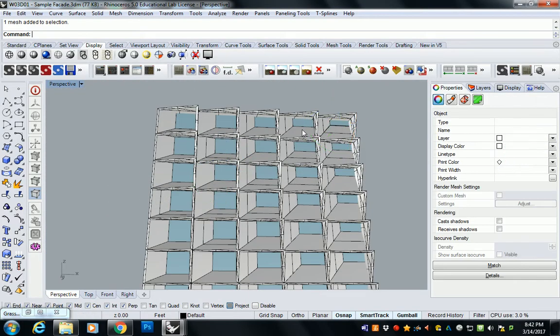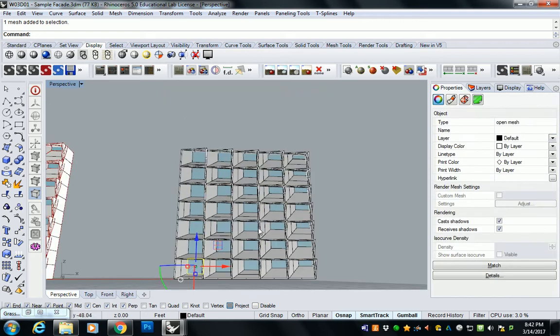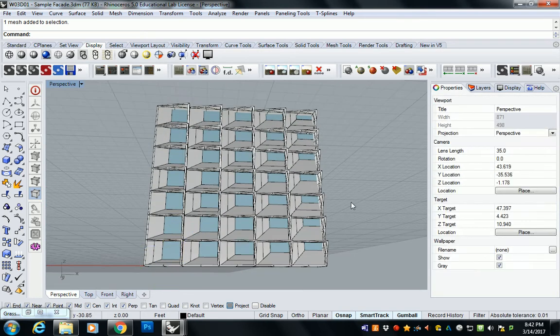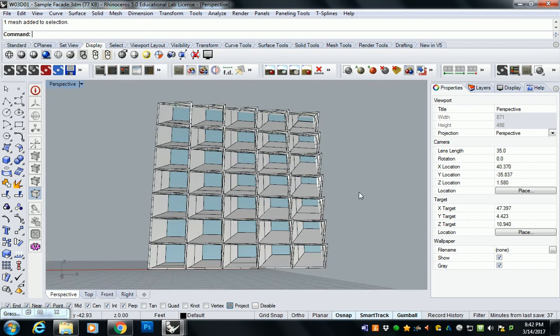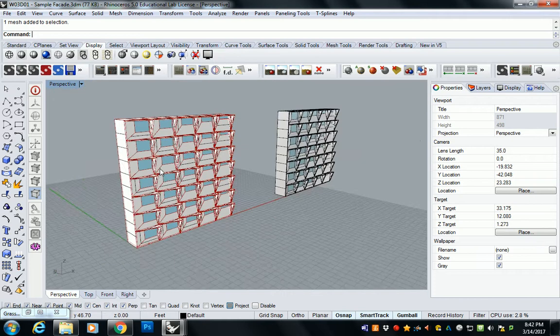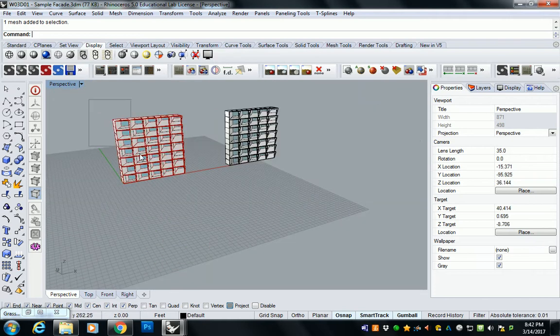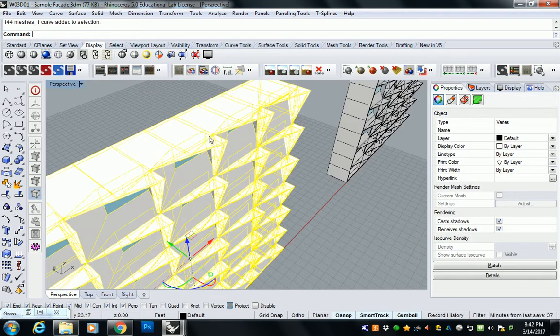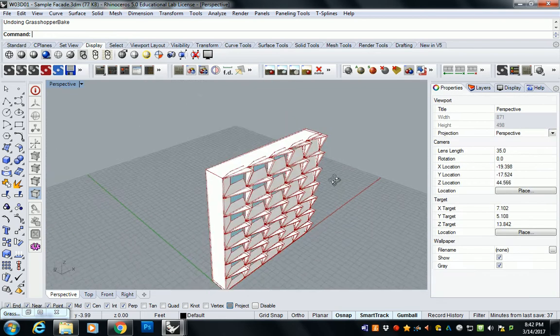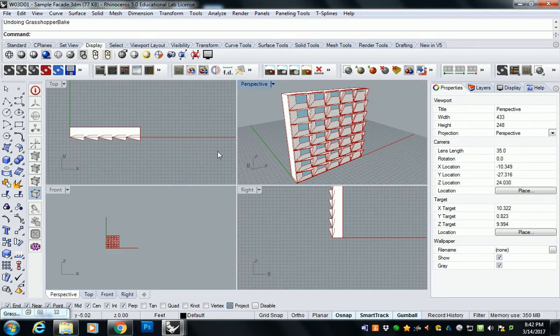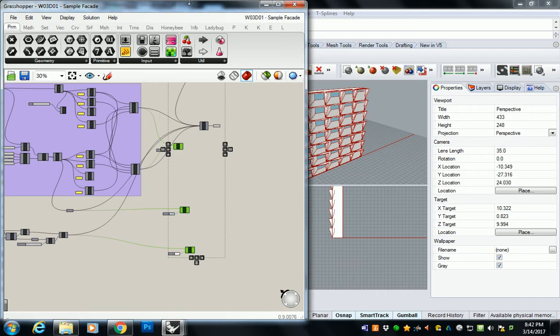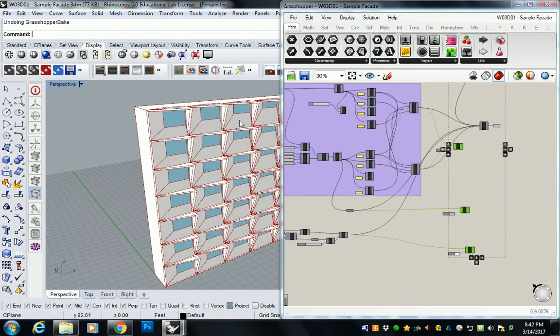So, for instance, this panel is smaller than that panel. Okay, and all of that's happening with the touch of a button, right? It's all one scripting definition, which is really the power of Grasshopper. And I have the full flexibility of being able to change any of these features at any given time. Let me go back to, actually, let me just, yeah, there we go. Get rid of that. So with this definition, just to give you a preview of it, I suppose,